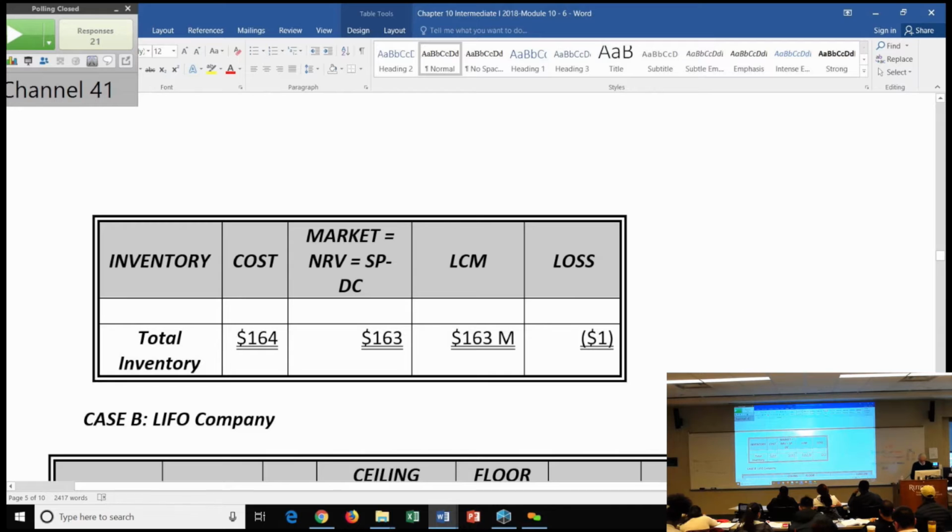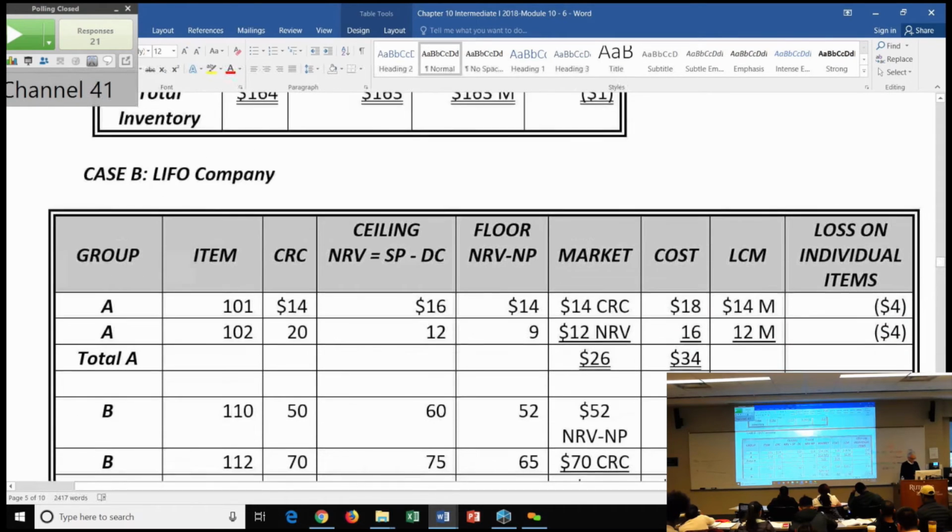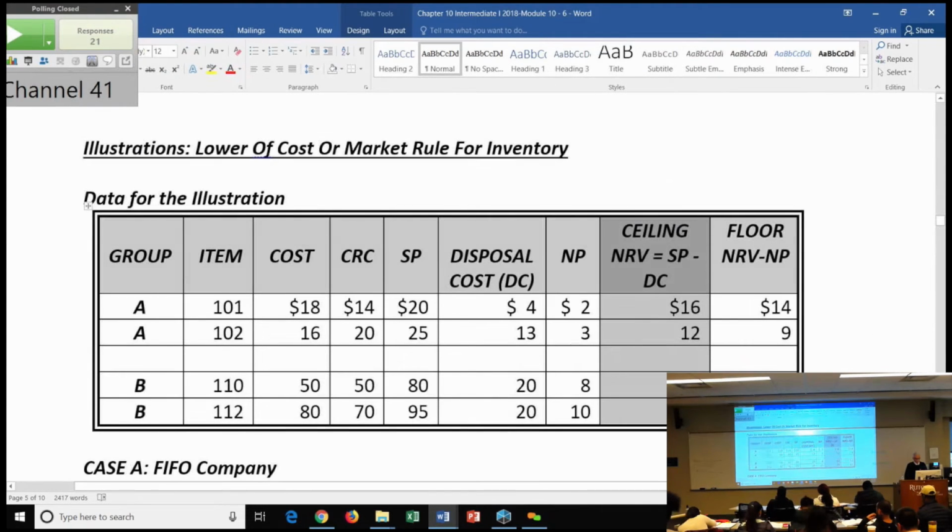And that problem is you have to use the ceiling and the floor boundaries. So part B of the question says, well, now assume that this is a LIFO company. If it's a LIFO company, or scenario B, now you've got to use ceiling and floor valuation. So let's take a look at, and I'm just going to erase the numbers in here. And we know from the table on the prior page, let me go back and show you where you got this number. Now you've got ceiling and floor